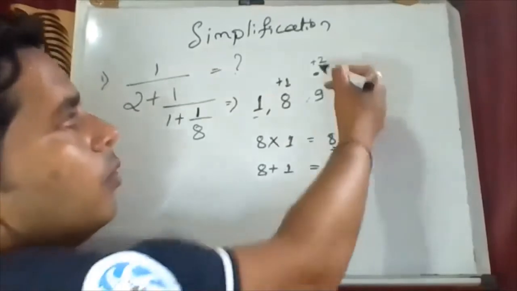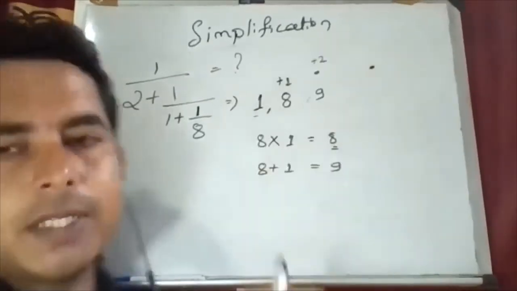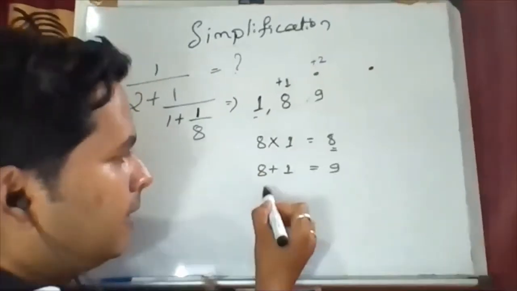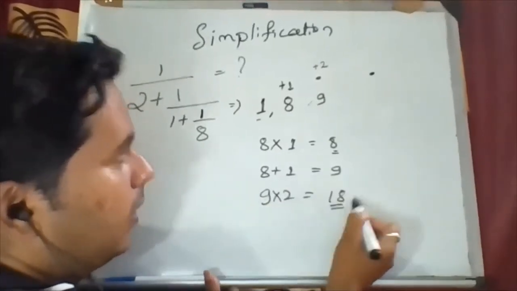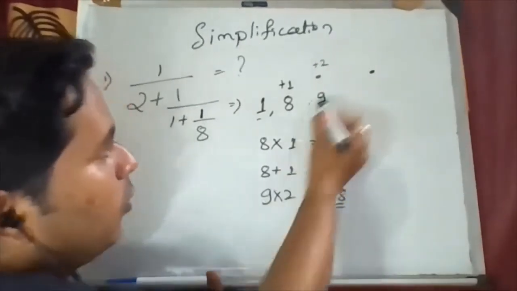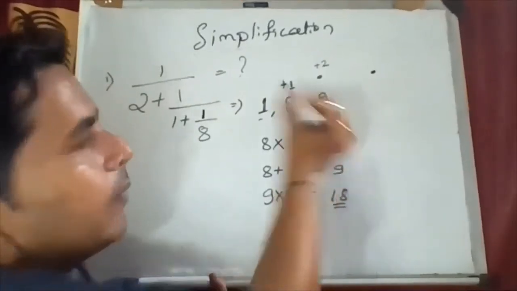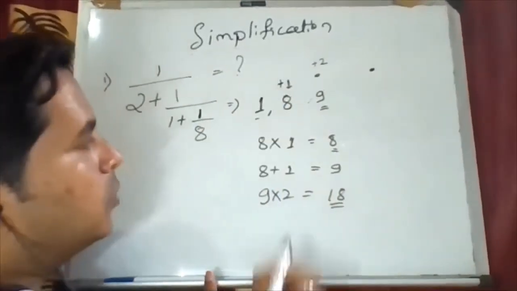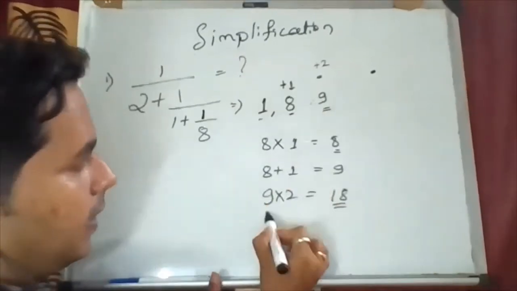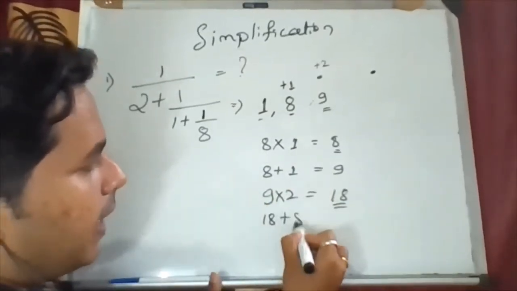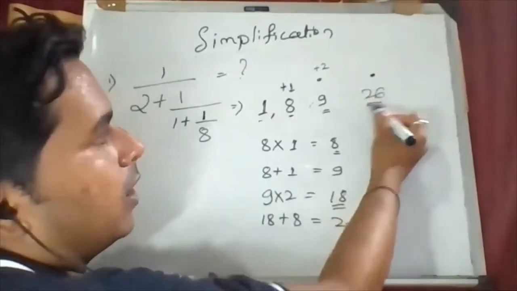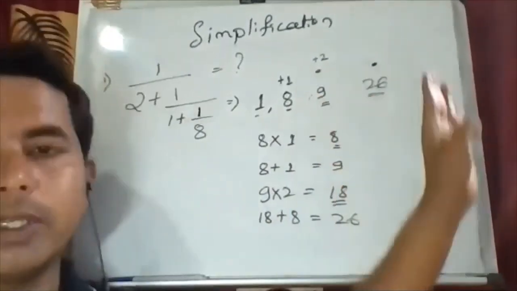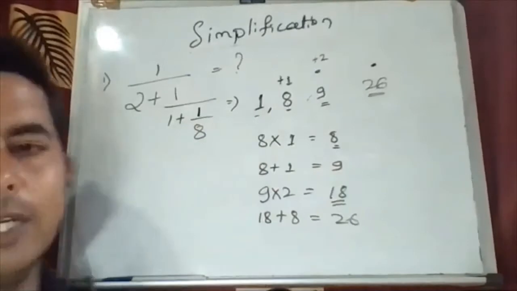9. Now what is there here? Before that plus 2. So multiply that. 9 into 2. You'll get a 18. 18 is there. Now what you have to do? This 18 add with the previous value. So what was the previous value? 8. So 18 plus 8, you'll get what? 26. So here your answer will be what? 26. And don't go further because it involves only 2 steps.